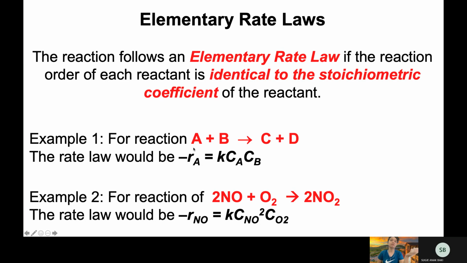So how do we know this? Jadi kita nak tahu reaction tu follows atau tidak elementary rate law. It has to be done experimentally. Okay, you cannot just tengok reaction tu kita agak dia elementary ke tak elementary. You cannot. You have to actually do the experiment. You gather the data, you analyze, and then you will then determine does this reaction follows elementary rate law or